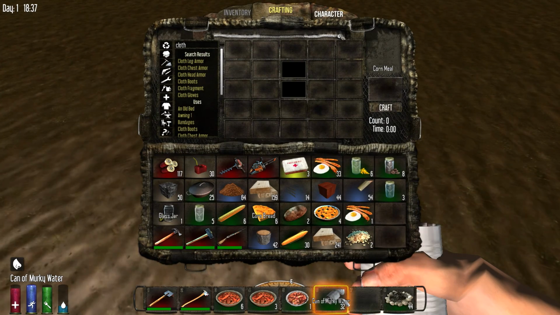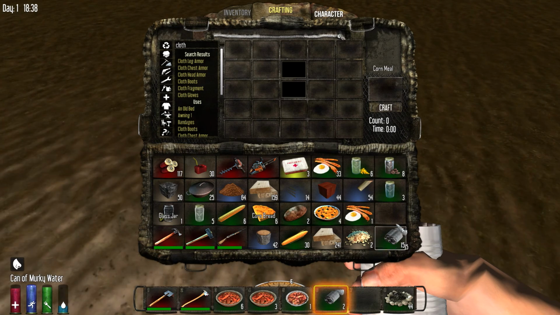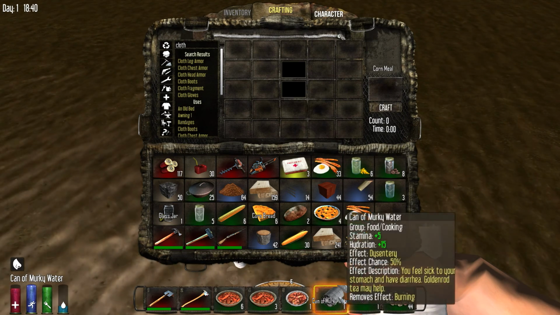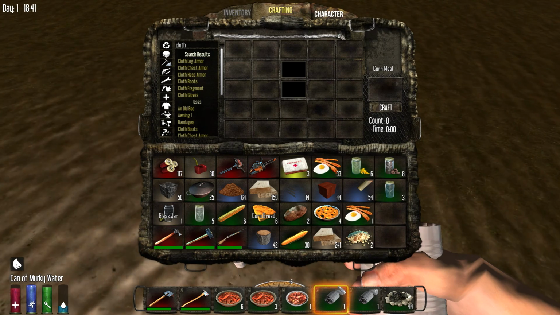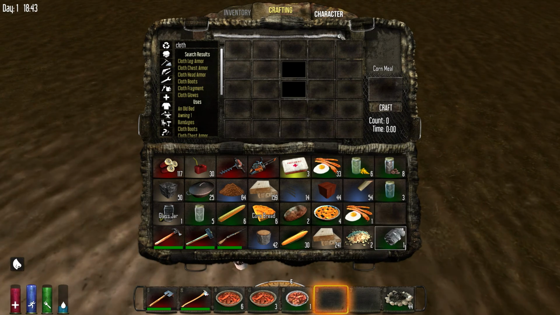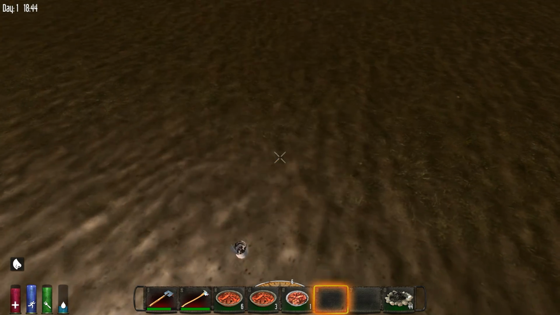That's not good. And the funny thing is they stack, but they don't stack back because they're not supposed to stack. Cans, that's a bug. What you're seeing just now is definitely a bug. When you have 32 cans in here, it should probably take 1 can away and put it in the inventory, because cans of murky water are not supposed to stack. They made them stackable. They must have done that in the hotfix because...